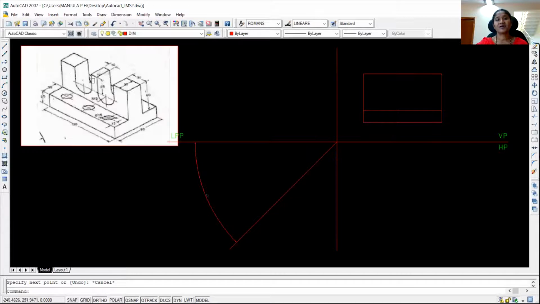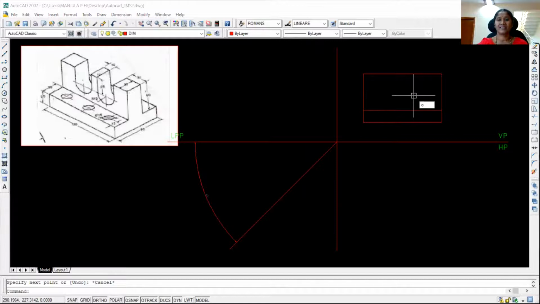I am supposed to draw these two rectangular slots of width 30 mm with semicircular base of radius 15 mm. For that, from this end to this end, we have already seen while drawing it in the sketchbook, this distance is 30. Again, from here to here is 30. From this point to this point is 30. And from this point to this edge is 30. So what I'm going to do is offset these end lines by 30 mm either side twice.